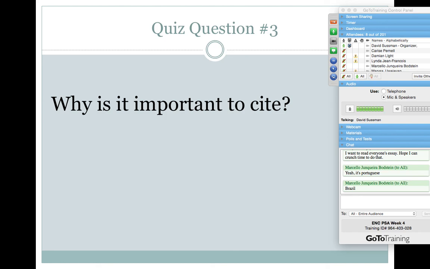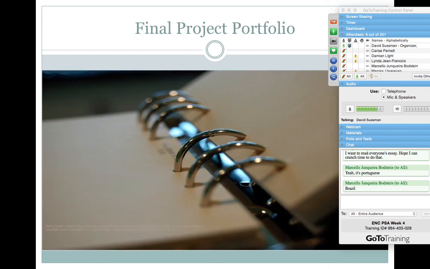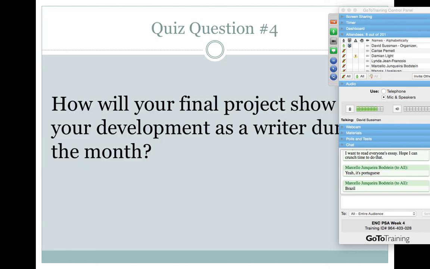The last thing I need to remind you of are the basic requirements for what you need to hand in. The final project is actually a portfolio. Some students make the mistake of thinking they just need to hand in the public service announcement and nothing else. And I always feel terrible because then those students lose a ton of points if they do that. Yes, the public service announcement is important. Yes, it's what we've been working on all month, but it's just one part of the final project requirement. So hey, giving me your song, your podcast, your video, your comic is not the only requirement for the final project. There are, in fact, other things to include, and here they are.